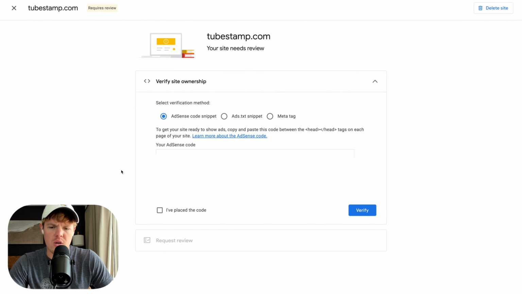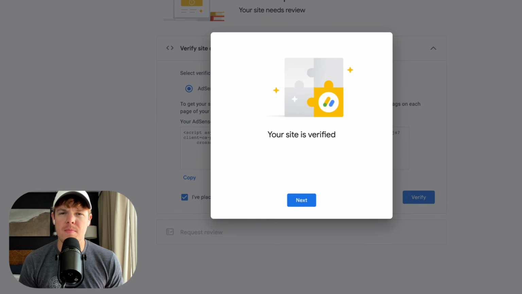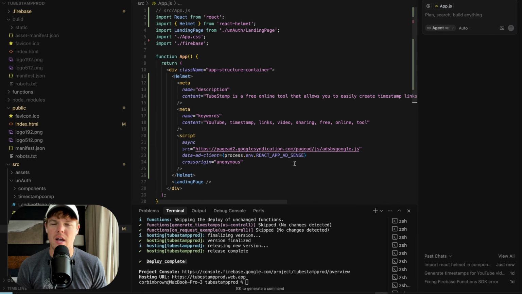So coming back over here, I'm going to say I placed the code, verify. And sometimes you're going to get this. So I got it working, but actually we need to place this code somewhere else. So to be honest with y'all, when I do these tutorials, I'm doing it live. So I'm just doing it based off my experience. I'm going at it. I leave stuff like I'm about to show you in the video because this helps you